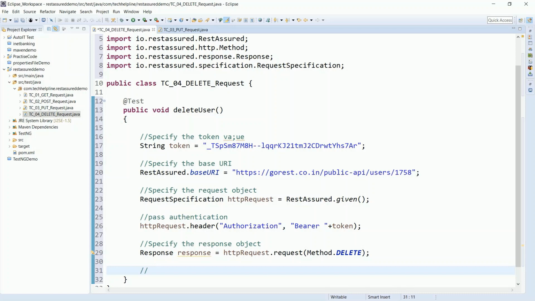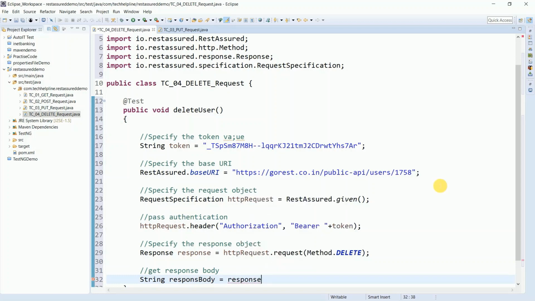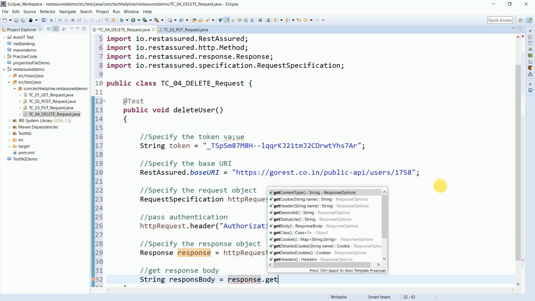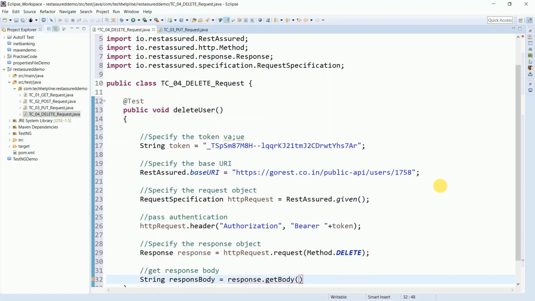So next, let's get the response body in string data type. For that I'm creating one variable, String responseBody, and for that response dot getBody, and the body is written as a string.